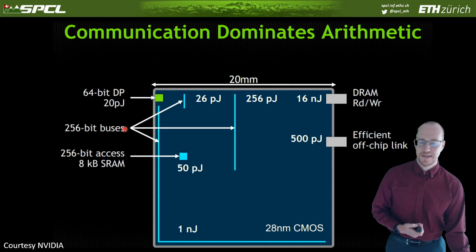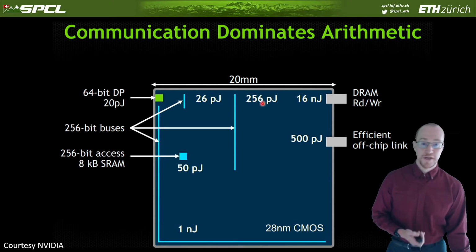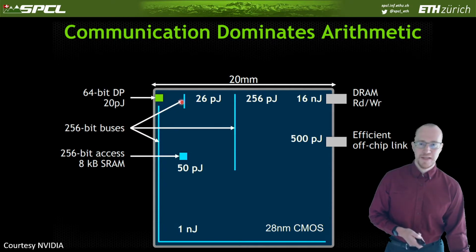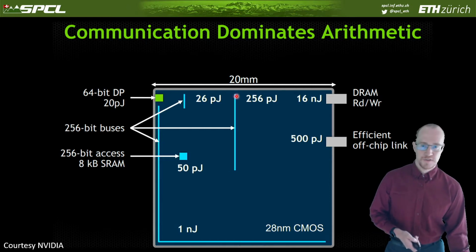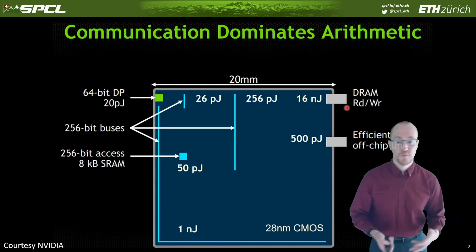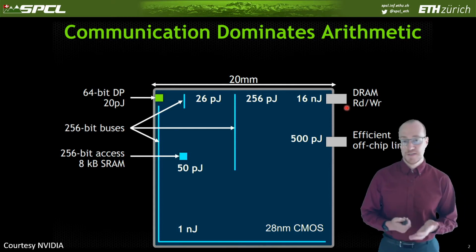And you can see on this slide quite massively how various distances you travel on chips. So this is a chip that's just 20 millimeters by 20 millimeters approximately. On that chip, you take about 20 picojoules for a 64-bit double precision floating point operation, but then just moving 256 bits a little bit across the chip is already more than this, and moving it across half the chip is significantly more. Accessing SRAM is more, accessing DRAM is more, sending it further is even larger, in terms of energy consumption. So this is something we have to deal with.